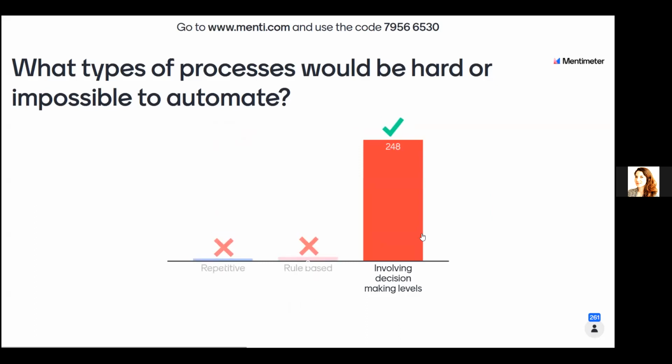Great answer. I'm guessing that the ones who selected repetitive or rule-based probably missed the part that we actually wanted to select the wrong answer, what would be hard to automate, not easy to automate. And as we mentioned, the processes that are easier to automate are the ones that are repetitive, rule-based, and structured. And the ones that involve decision-making are impossible to automate fully.